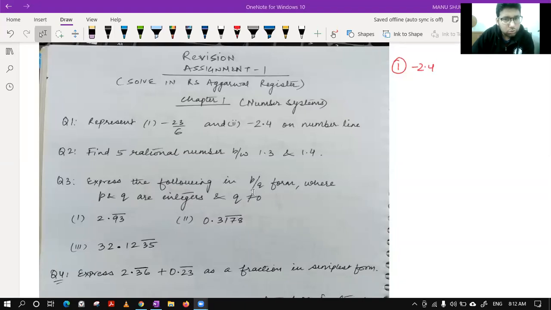Okay, question number 2. Now this minus 2.4, I need to understand between which two numbers it lies on the number line, or which two integers it lies actually. So first we can write this as minus 24 by 10. The first thing we can see. After that, we need to understand